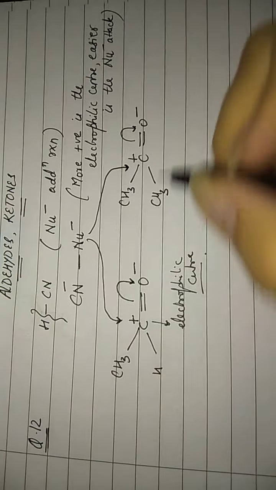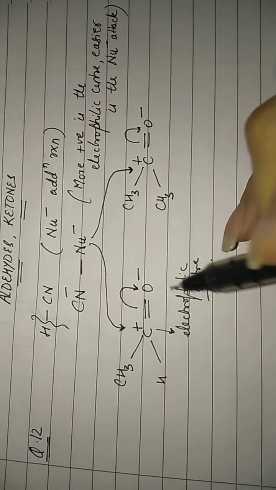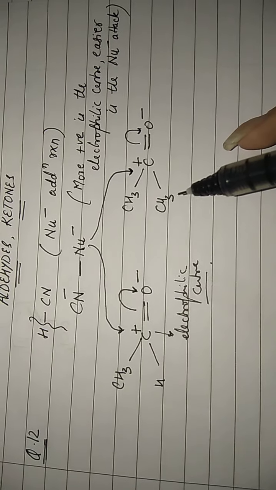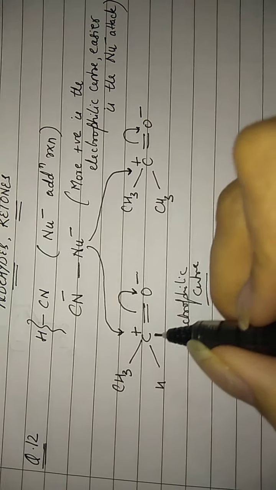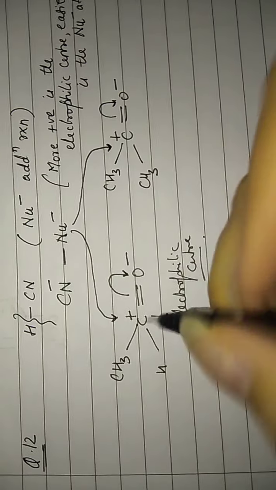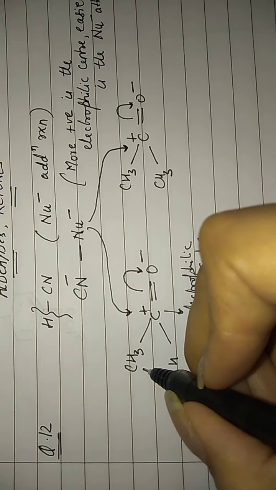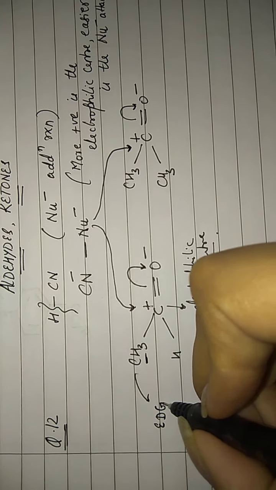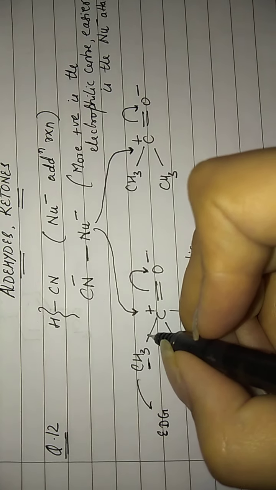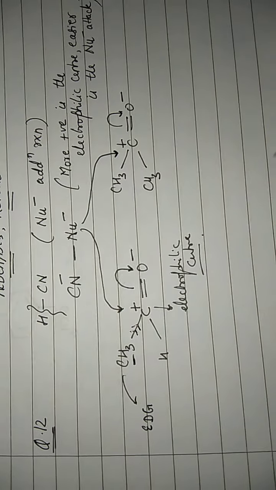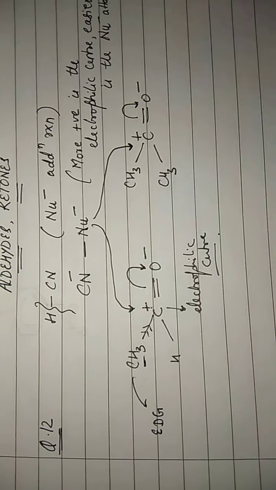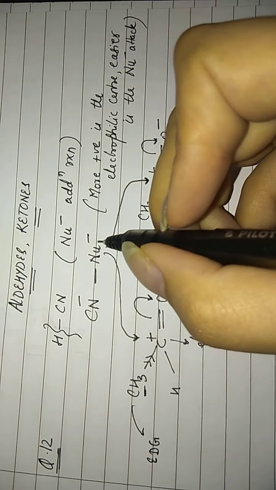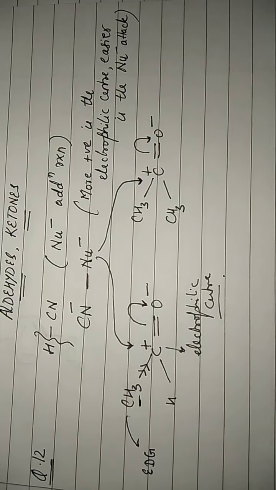What is the difference between the reactivity of an aldehyde and a ketone towards this nucleophilic addition reaction? Now if I see the aldehyde, this is positive but this is an electron releasing group, or an electron donating group. So even if it is positive, this is constantly supplying electron density to disperse its positive charge, right? When its positive charge is getting dispersed, the attack by the nucleophile becomes difficult.